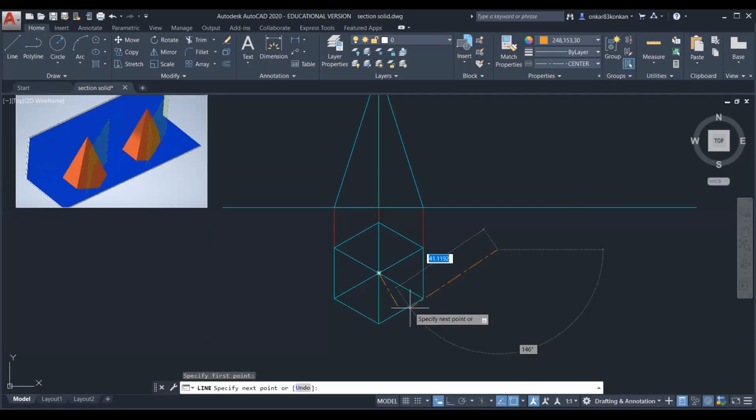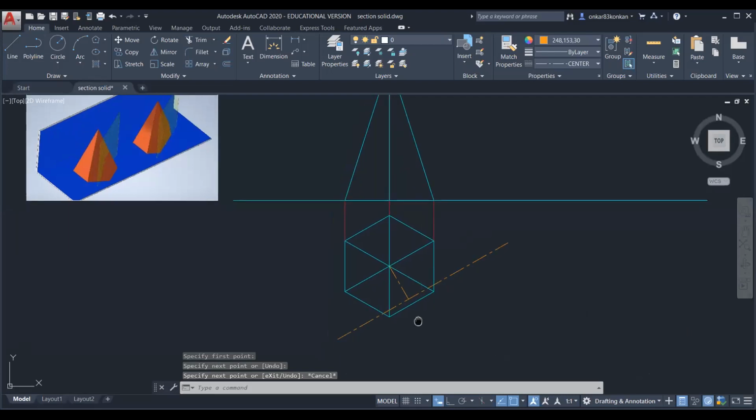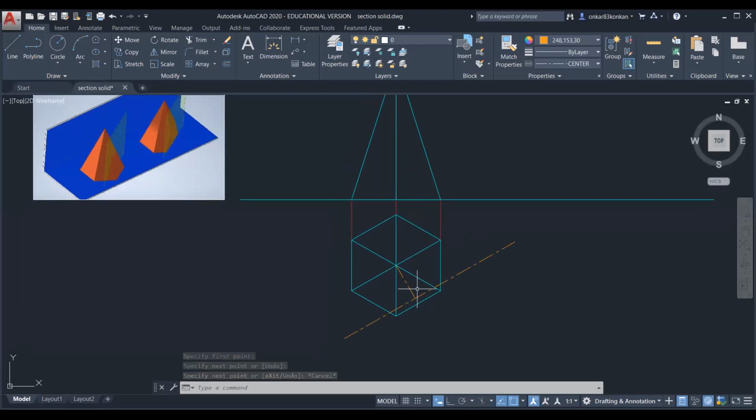So this line will represent the section plane. Here I have changed the distance.